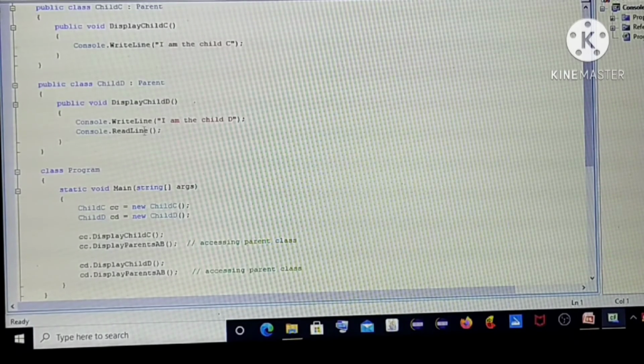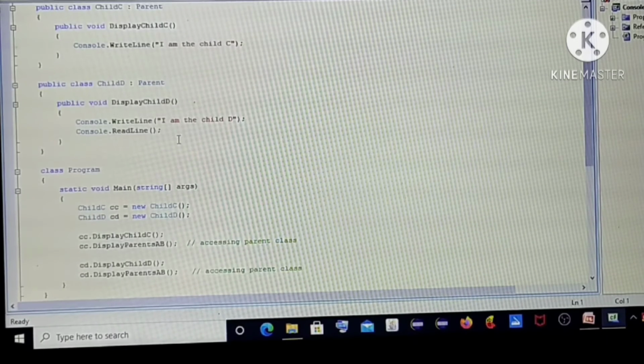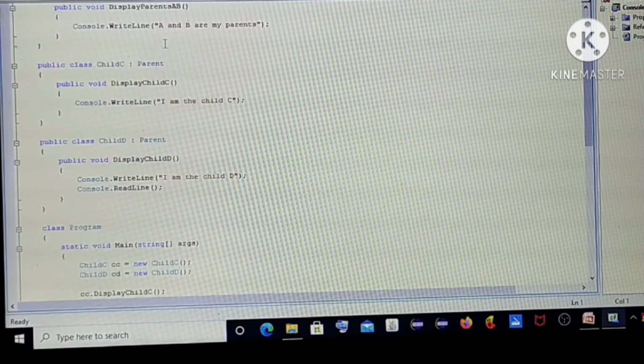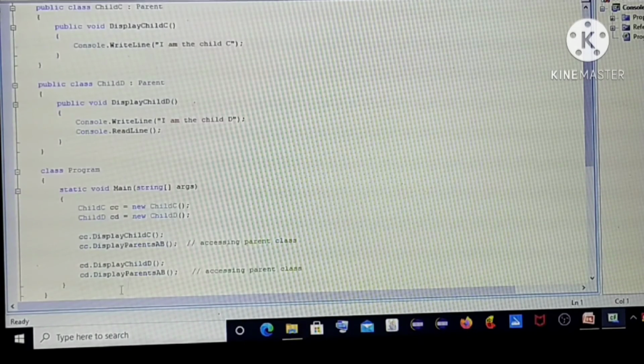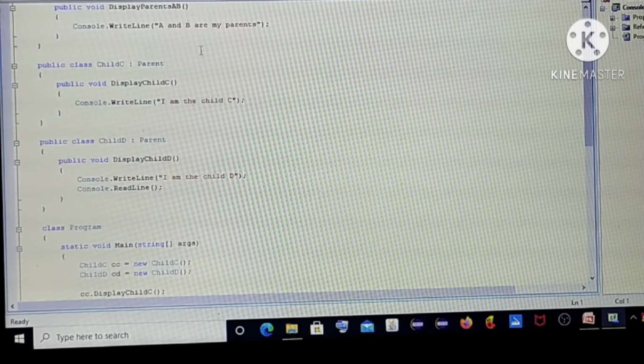cc.displayChildC is the method that we have called here, and cc.displayParentsAB, this one. Again, child D calls display parents AB. Display parents AB contains A and B are my parents as the print statement.